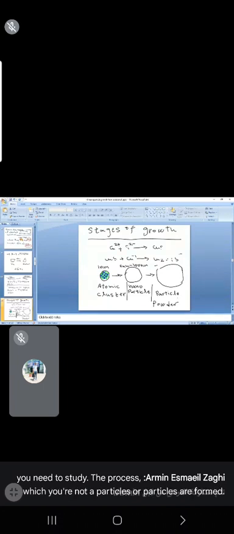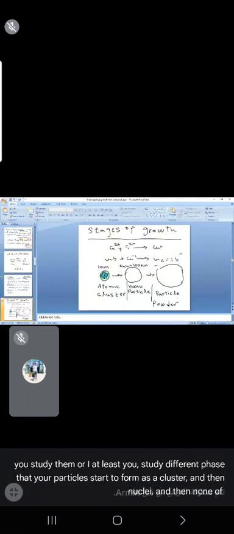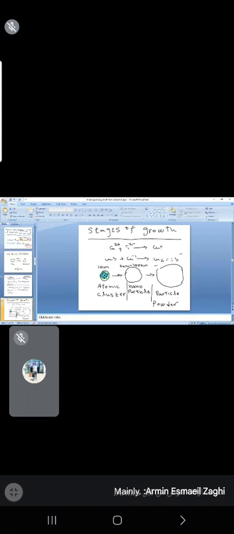If you study them, or at least study the different phases that your particles go through as they start to form as a cluster, and then nuclei, and then nanoparticles, mainly